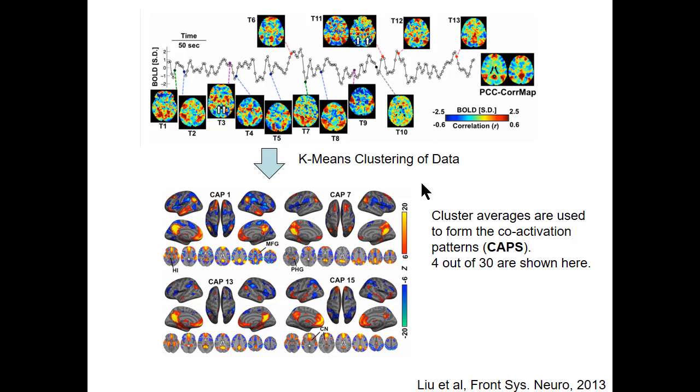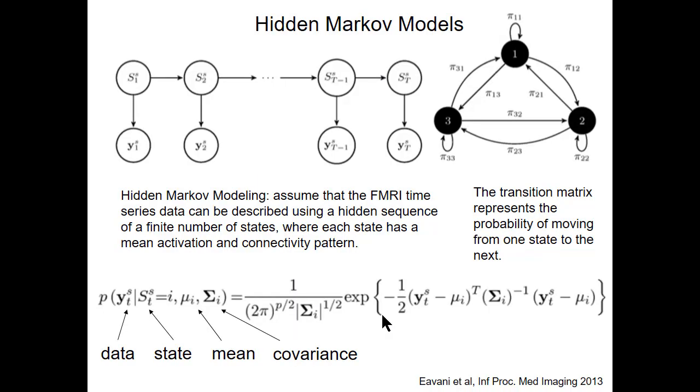One of the earliest examples of this was from Xiao Lu and Jeff Dunn, where they noticed that there were these reoccurring patterns of coactivation patterns in the data. In this case, they simply k-means clustered the data itself, and they found these different coactivation patterns. Okay? Now, you can get a little more sophisticated and do what's called hidden Markov modeling, in which you assume